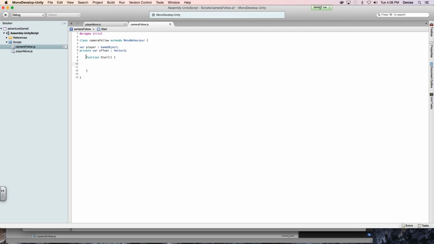So here I added something called function Start. Again, Start is a built-in function for the game, but within its curly braces, you can put the sequence of code that you want run at the beginning of the game. Here we're going to set offset, the variable that we declared above, to be the position